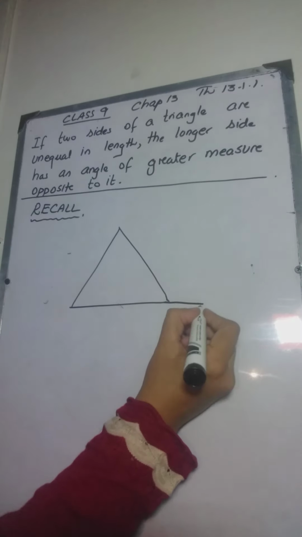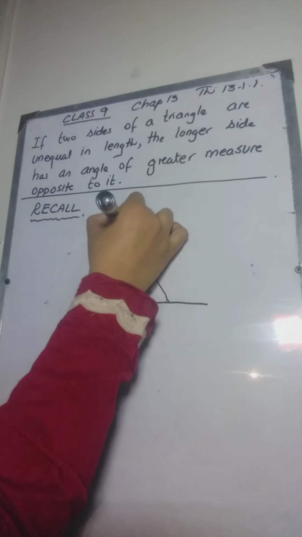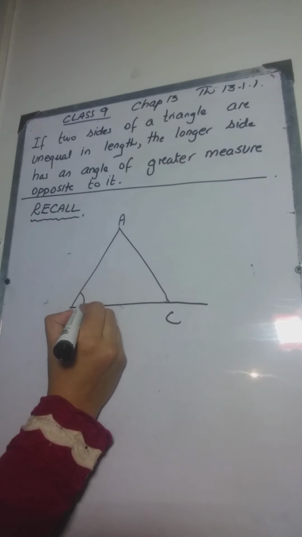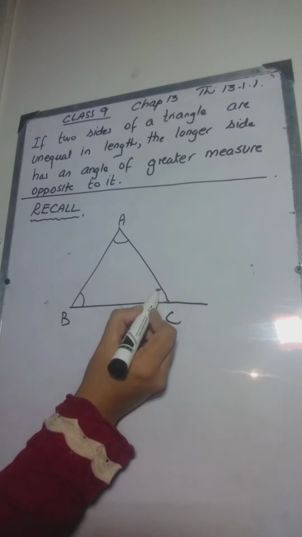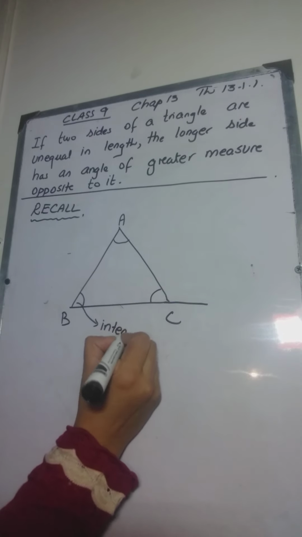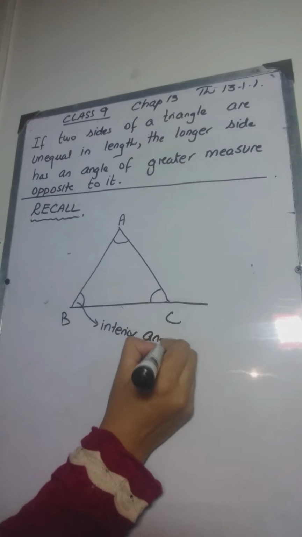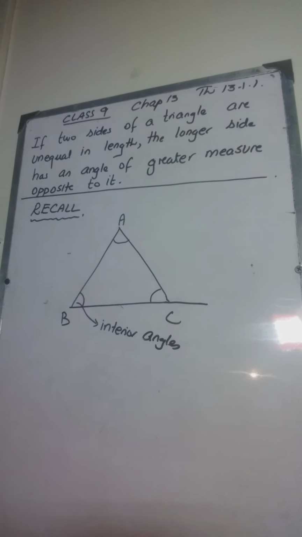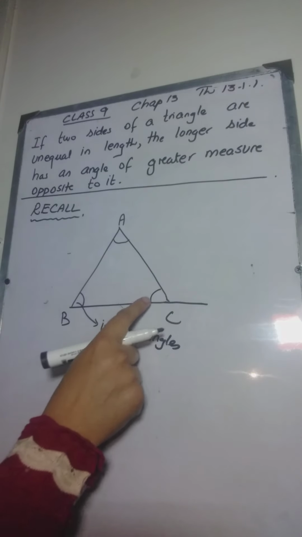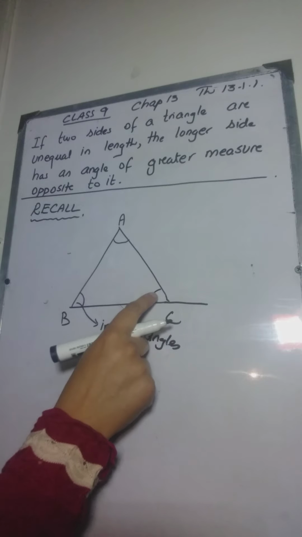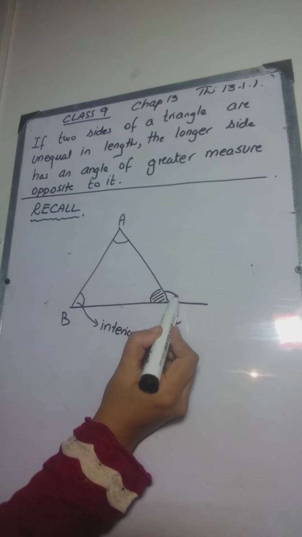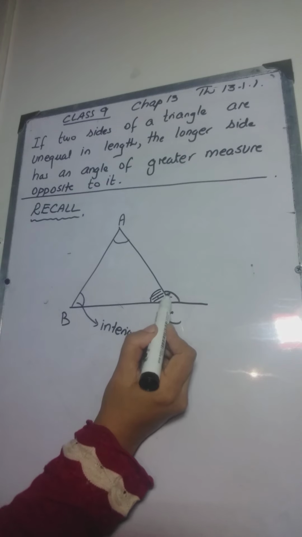of an exterior angle. What do you mean by the exterior angle of a triangle? Suppose ABC is a triangle, then all the corner angles inside the triangle are called the interior angles. And all the angles which are supplements of these interior angles. Supplement of interior angles means the angles which make a sum of 180 degrees with these angles. For example, if I take this interior angle, then its exterior angle will be this one, because the sum of these two is 180 degrees.